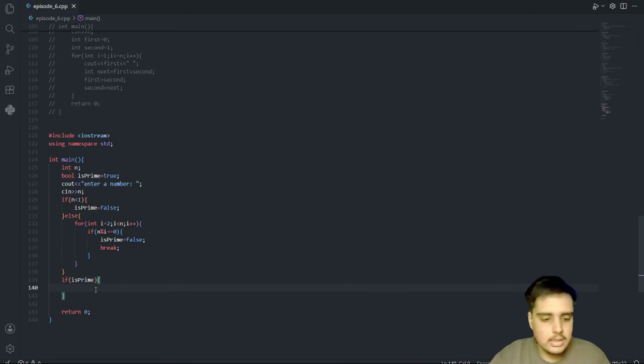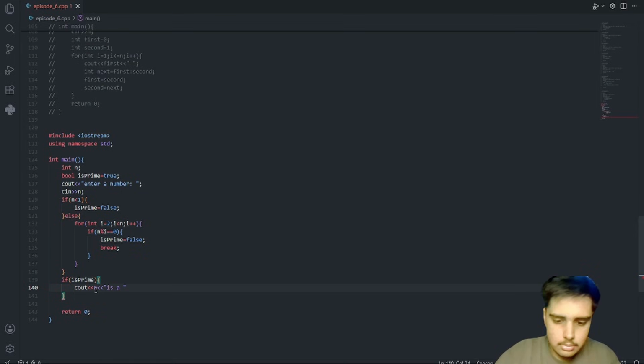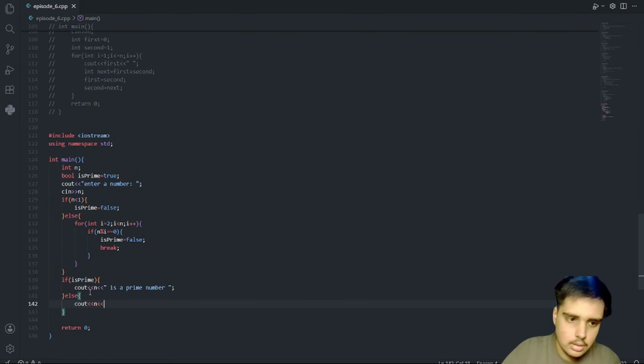So we will simply say cout n is a prime number. Add a space here also, and in the else we will say cout n is not a prime number.